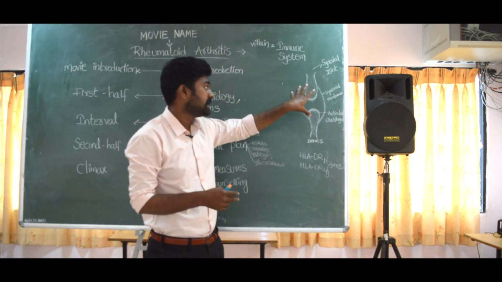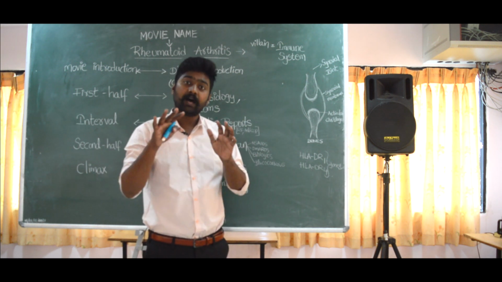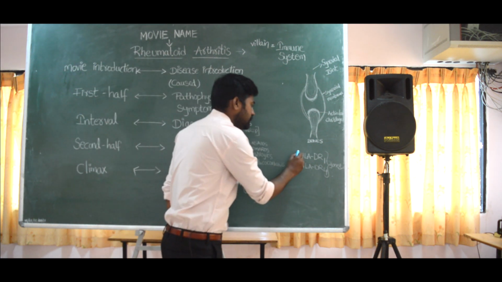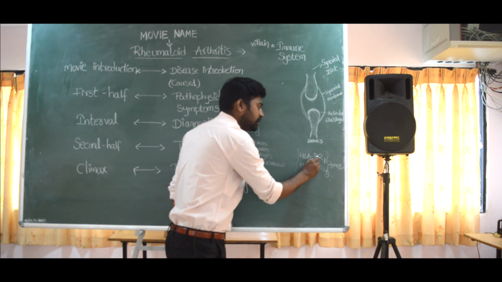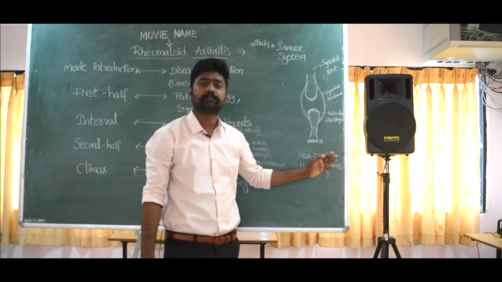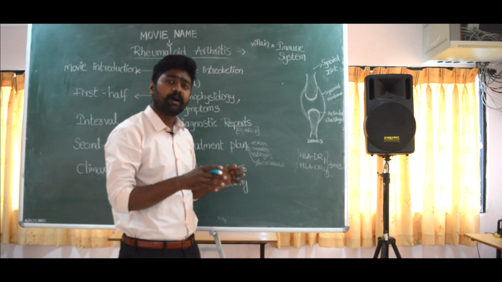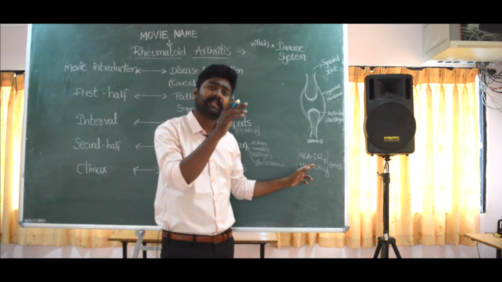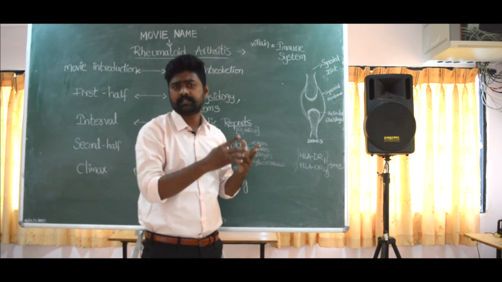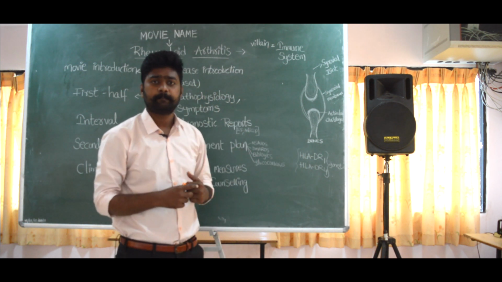Now what happens? This structure gets disturbed in case of this disease. How? We will see it now. You see, generally we have some genes called HLA-DR1. HLA means human leukocyte antigen, DR1 and DR4 genes are in our body generally, okay? The persons whose genes got triggered because of some environmental factors, like it can be smoking or it can be an infection, it can be anything, they get this disease.